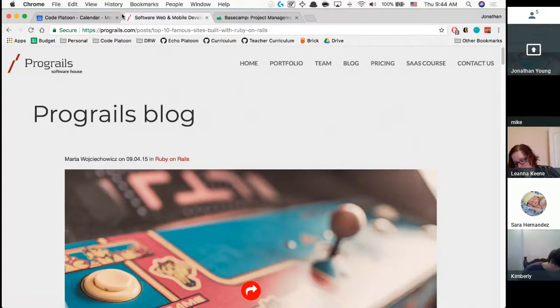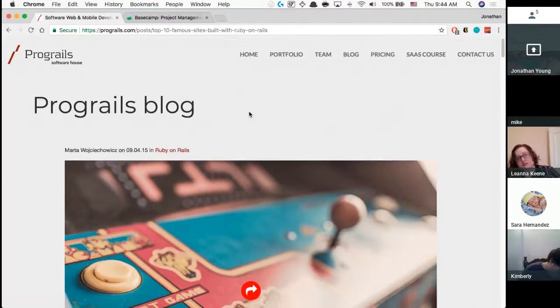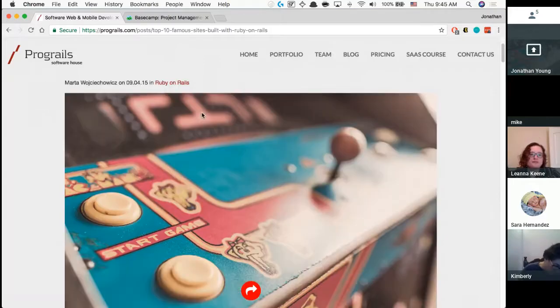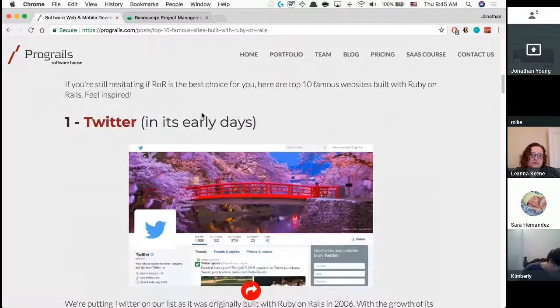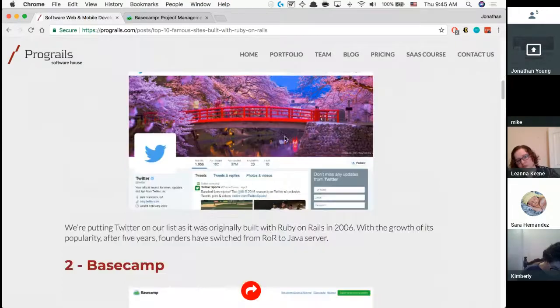I wanted to start off today by showing you a few companies, famous things that you've probably heard of, that were built on Ruby on Rails, which means that in some way there are still people who know Ruby on Rails at these companies, because the companies have gotten large very quickly. The most popular one is Twitter. At the very beginning, Twitter was basically Facebook statuses, but someone said, I'm going to make an entire platform out of Facebook statuses. And Twitter was actually written in Ruby on Rails.